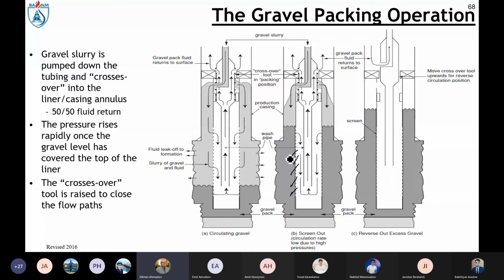This is a very schematic view. What I'm trying to point out is that there are some advanced ways of gravel pack operations, but the main thing is that you understand how it happens: it goes through the tubing